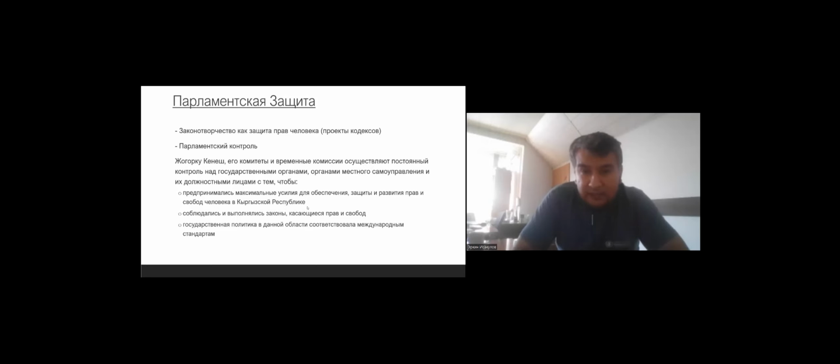And the second function that the parliament has is called parliamentary control. Parliamentary control can be a very effective thing when members of parliament can look at the situation on human rights, monitor it, and respond. And in this context, both the parliament and parliamentary committees may set up ad hoc commissions, and these commissions may implement parliamentary control over the activities of certain state bodies or based on